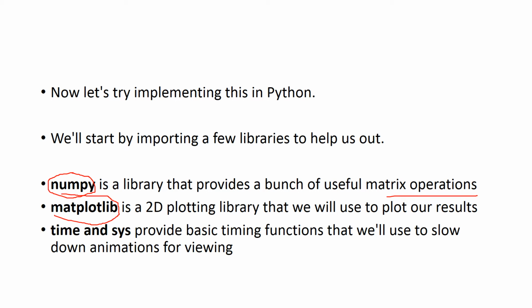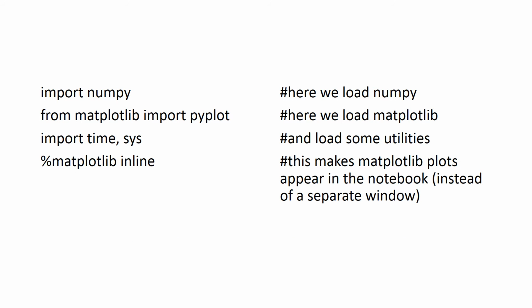The second library we are going to call is matplotlib. This library is used to plot the results. If you want to plot either a 2-dimensional figure or a 3-dimensional figure, we have to call matplotlib. And time and sys will provide the basic timing function, so we can animate the result. So we'll start coding. These are the first 4 lines. First we'll import all the libraries. We'll explain one by one which libraries we have to import.